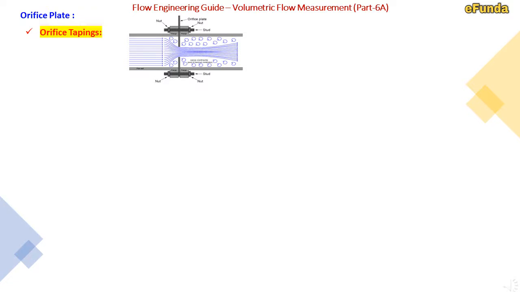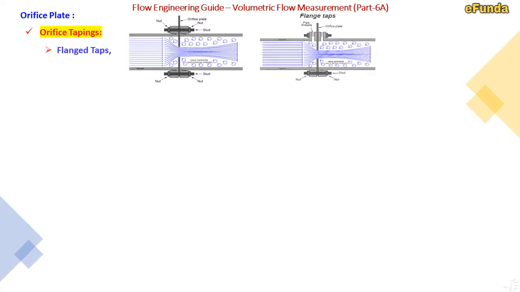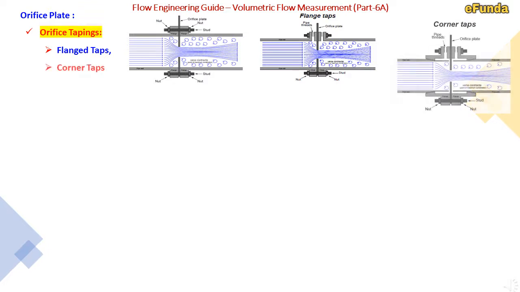There are various types of tappings. Commonly used are flange taps. These taps are located 1 inch upstream and downstream from the face of the orifice plate. This is the most common tap configuration and is recognized by the latest AGA specifications. Corner taps. These taps are located at the face of the orifice plate, normally used in line sizes smaller than